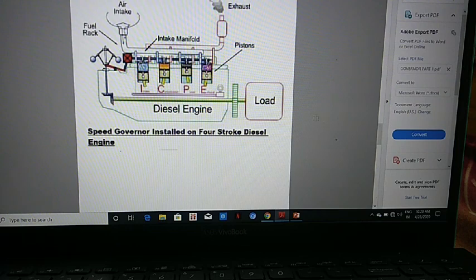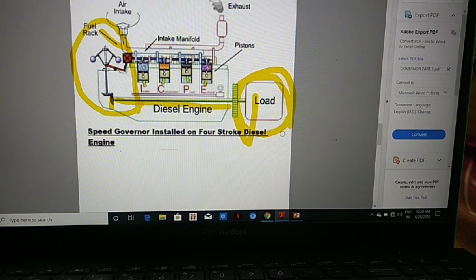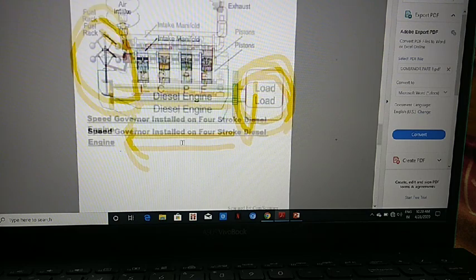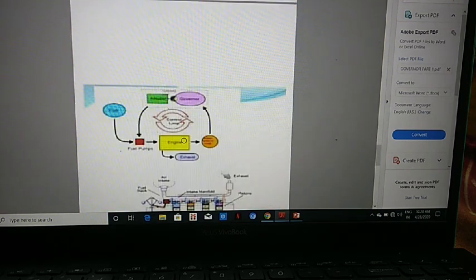This is the diesel engine now, the speed governor installed in the 4-stroke diesel engine. The governor you are seeing here is connected to the fuel tank. The governor is connected to the bevel gears, and the bevel gears are connected to the shaft of the engine. In it, 4 strokes are performed: intake, compression, power and exhaust, and this is the manifold and exhaust. So in this way the governor controls the speed when there is a load variation. Load is the primary factor for which it is governing the speed. This is the most important criterion of controlling the speed.